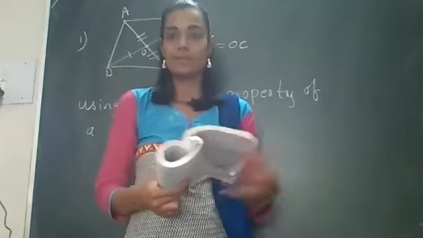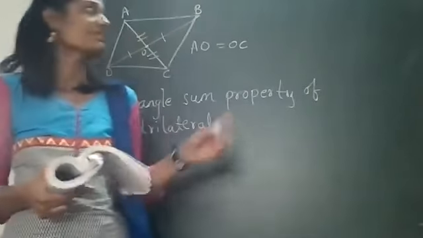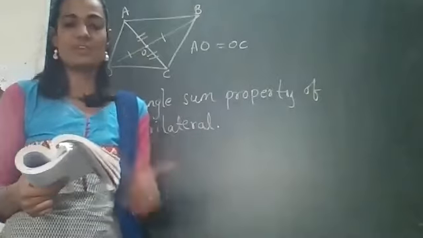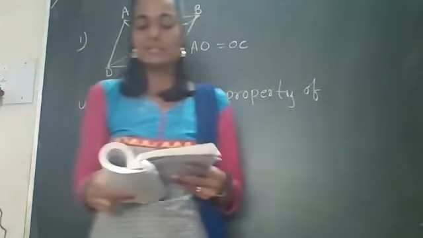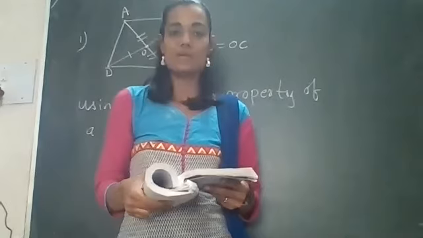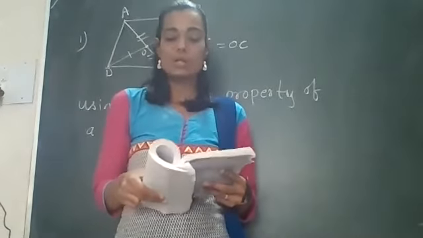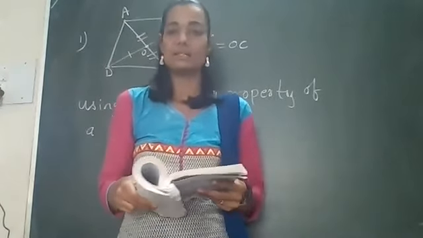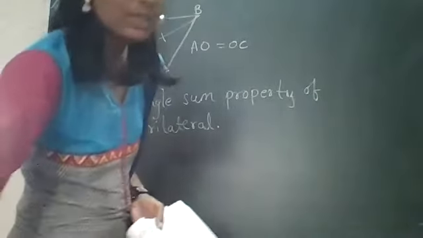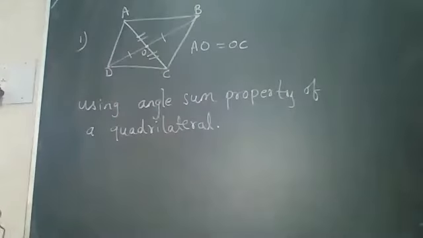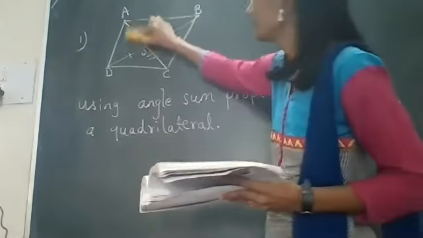Okay, very good. Now we are starting our exercise 8.1. In the first question, the angles of a quadrilateral are in the ratio 3:5:9:13. Find all the angles of the quadrilateral. So what ratio is given to us? The ratio given to us is 3:5:9